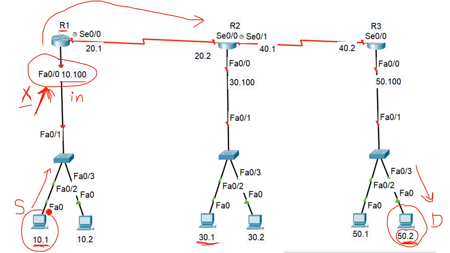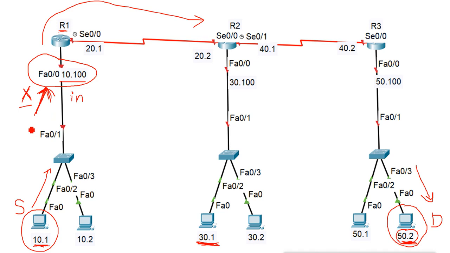Now if the 10.2 machine is sending data to any other machine, for example this 30.2, the data will go and enter into this interface. Now the router will check the ACL and it will check for the statement. The statement says if data is coming from 10.1 and going for 50.2. Now in this case the data is going for 30.1, so the statement will not match and it will check the other statement. Remember, we have to allow the other network also.